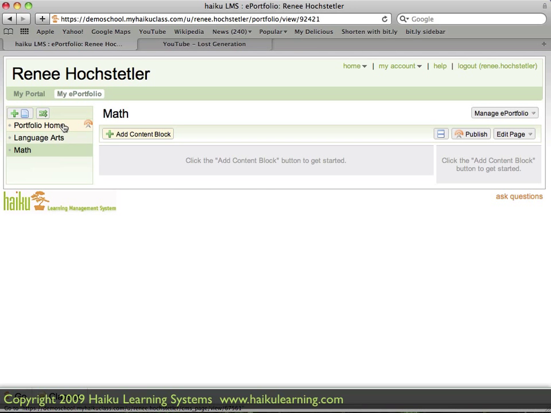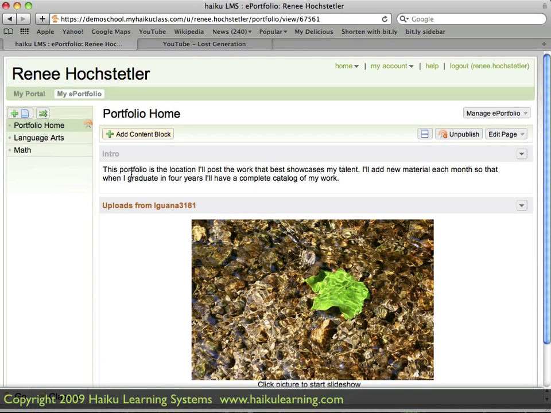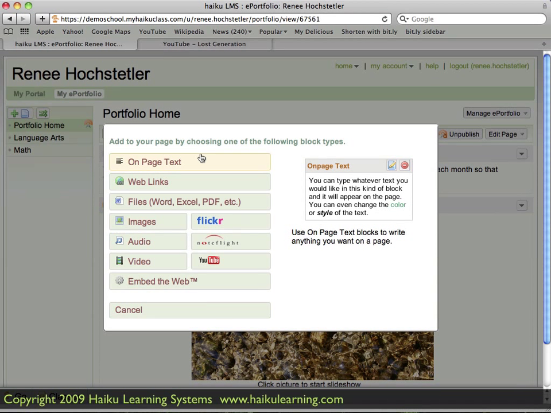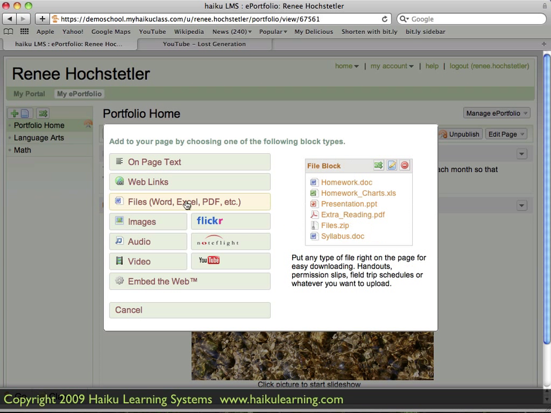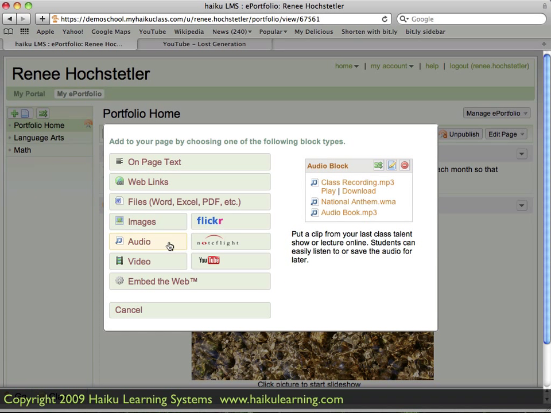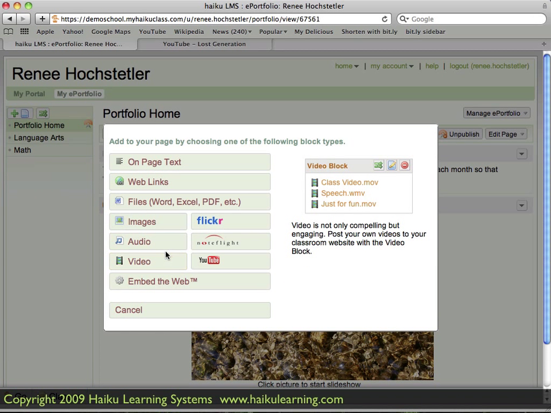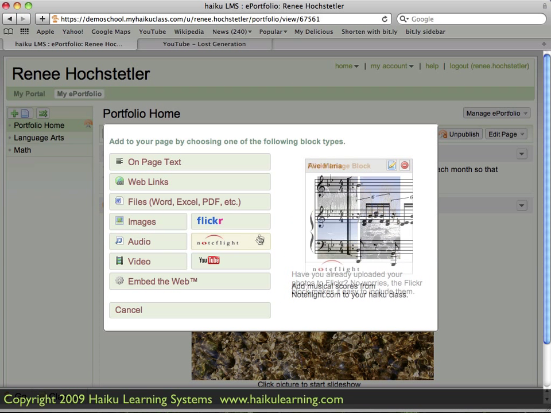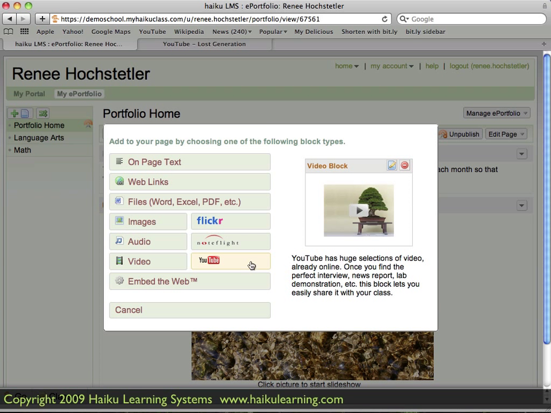So back on my home page, I only have one content block. And a content block is just the type of information it's displaying on the page. So I've got on-page text that I can add, I can post links, files like Word documents, PDFs. I can also post audio files, video, my Flickr photos, Noteflight if my school is using that service, even YouTube,